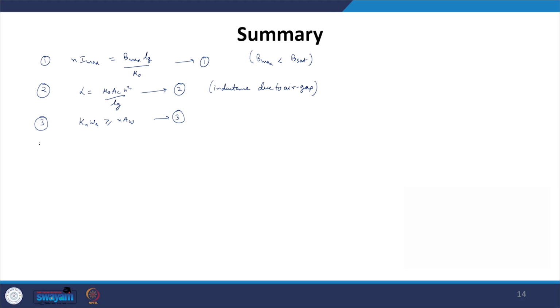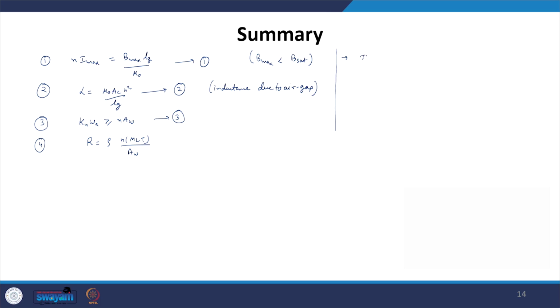And finally, we have also obtained the things related to the winding resistance. The value we have obtained is rho times n times MLT, which is mean length per turn, divided by AW. Now, if you see, we have some quantities which we can obtain from the specification and the material of the core which is selected.